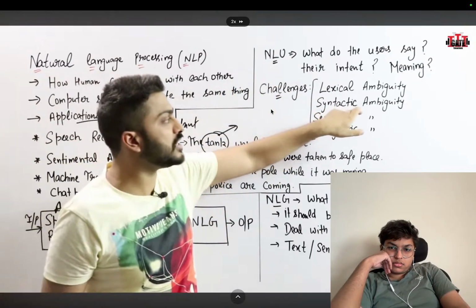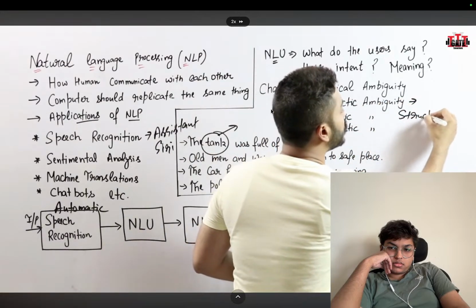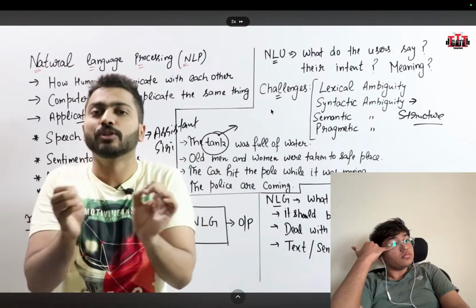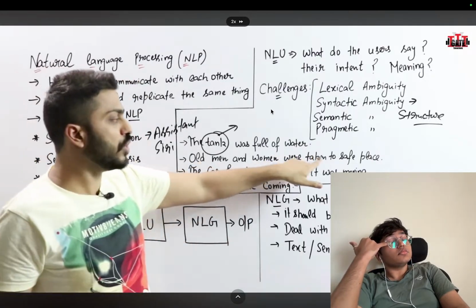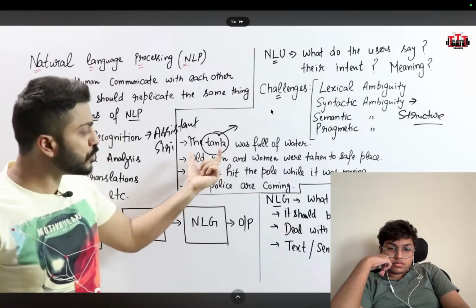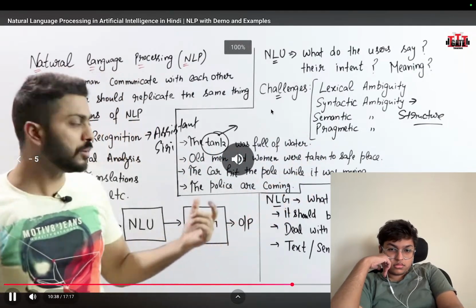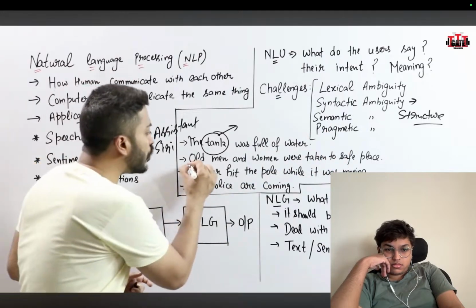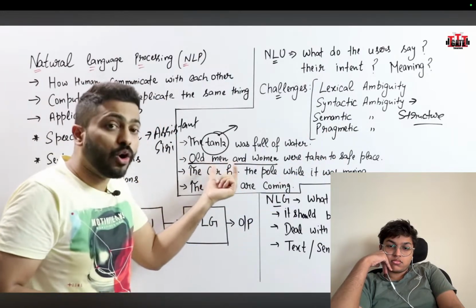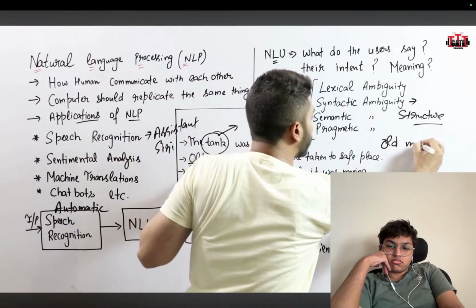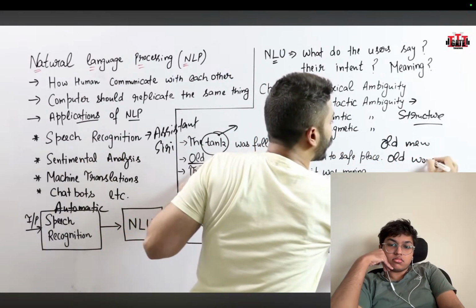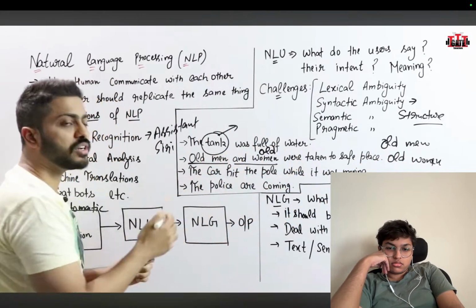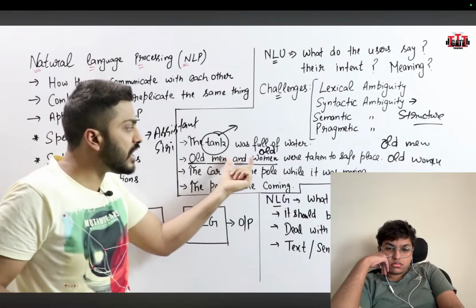एनएलयू के लिए। नेक्स्ट अगर हम बात करें सिंटैक्टिक एम्बिग्यूटी, सिंटैक्टिक एम्बिग्यूटी एक्चुअली में बात करते हैं यहां पे स्ट्रक्चर की। जो स्ट्रक्चर है हमारे सेंटेंस का, जब हम पास करते हैं किसी भी सेंटेंस को, तो हमारा जो सेंटेंस का स्ट्रक्चर है वो एक्चुअल में पूरा वैलिड होना चाहिए। अगर उसमें कोई प्रॉब्लम हुई तो स्ट्रक्चर में ऑब्वियसली कहीं ना कहीं प्रॉब्लम आएगी। जैसे ओल्ड मैन एंड वुमेन वर टेकन टू द सेफ प्लेस, मतलब बुजुर्ग पुरुषों और औरतों को सेफ प्लेस पे ले जाया गया। तो यहां पे जो मेरा ओल्ड मैन एंड वुमेन है, मतलब क्या है यहां पे? ओल्ड मैन, ओल्ड वुमेन। क्या यहां पे दोनों को ओल्ड मान रहा है? मतलब जो मैन है वो भी ओल्ड है, वुमेन है वो भी ओल्ड है, या फिर वुमेन ओल्ड है लेकिन मैन ओल्ड नहीं है? मतलब यहां पे कहीं ना कहीं एम्बिग्यूटी है।